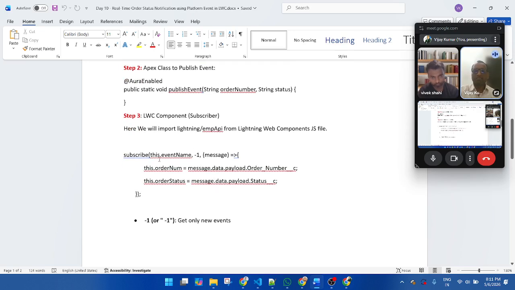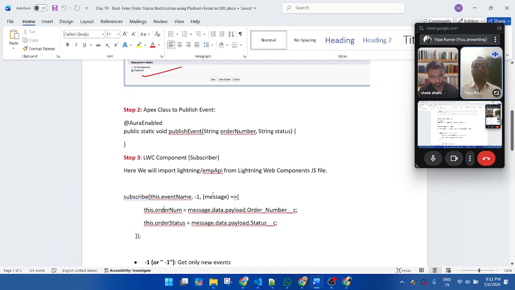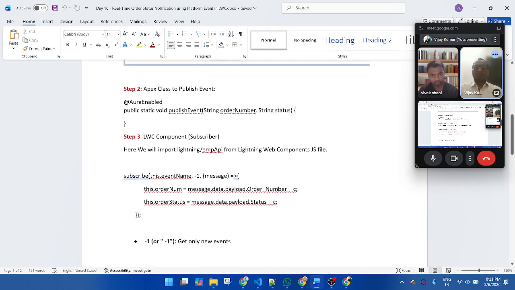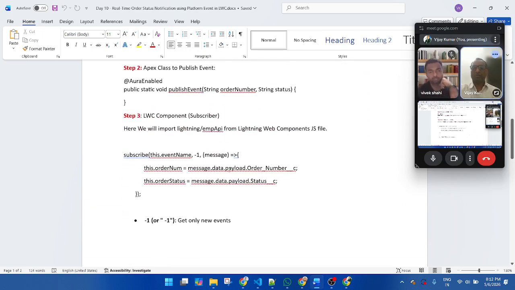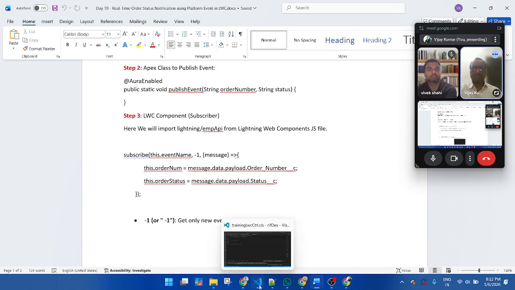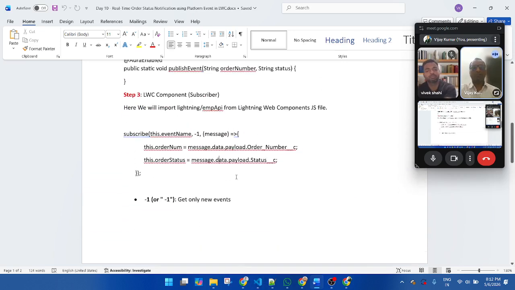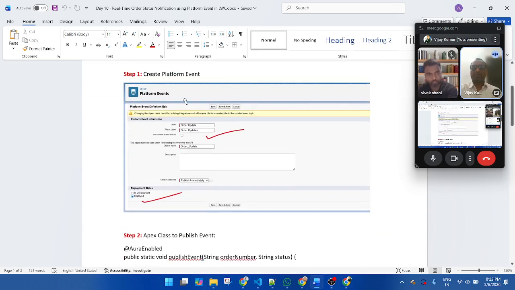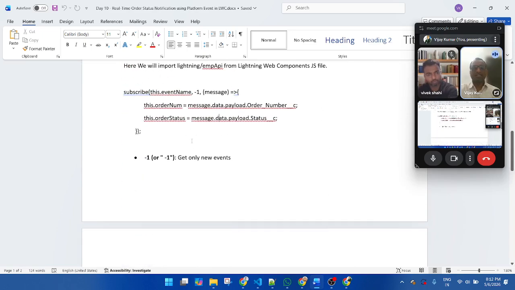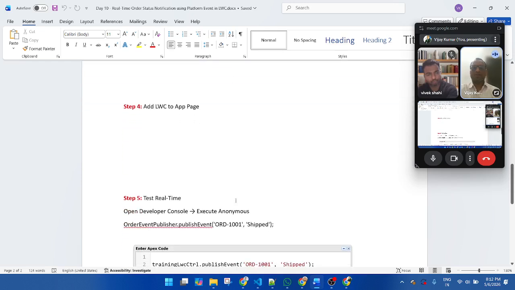How to pass them? Similar to if you have worked with LMS, we pass three types of parameters. In the custom platform event also, we need to pass three types of parameters. I will check in the component when you create it. I will show everything live in the project in Visual Studio Code. Once all the work on the method and the platform event is done from my end, then I will call this component into the